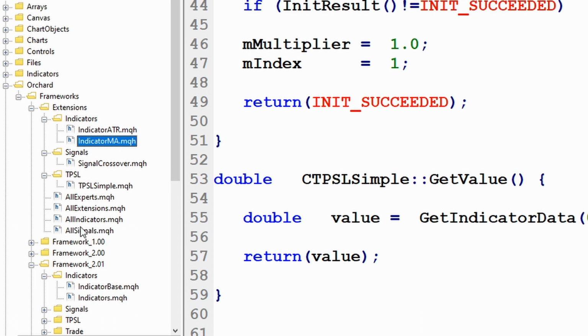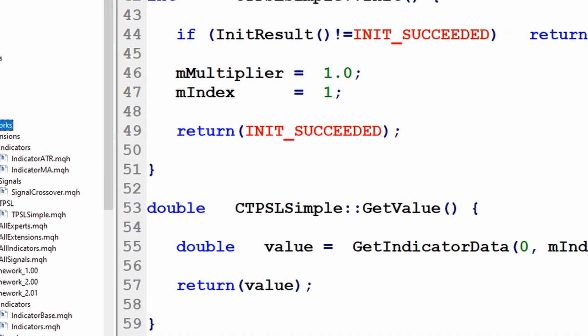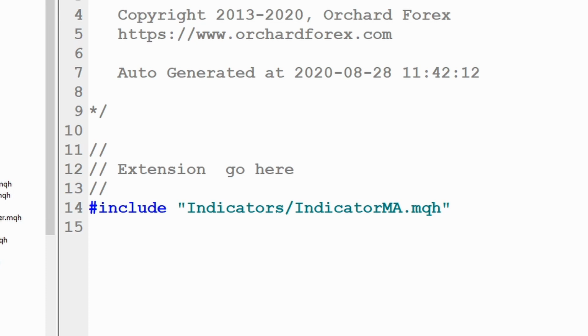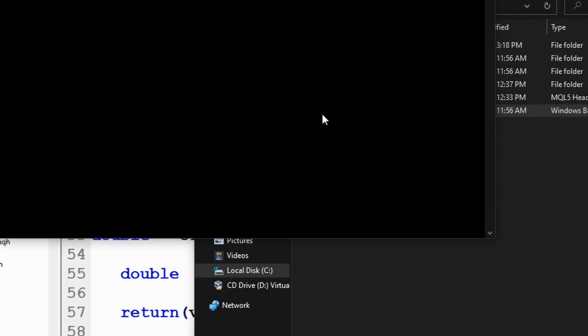And if you remember from the earlier video, there's actually a utility included here. So if I just open the frameworks, right click, open folder, there is this make extension mqh.bat file included in the frameworks directory. And if I run that, it will create a new file for TPSL, and it will also update the all indicators file to add in the indicator MA. All indicators currently has only the indicator MA. Now I'll run the make extension MQH,